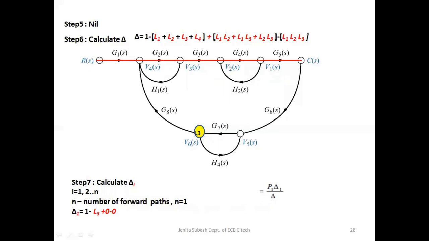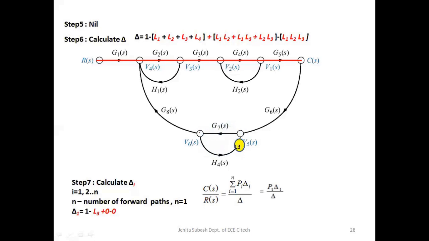Then finally, we have to calculate delta i. As we have only one forward path, in this case n is equal to 1, and subjected to the first forward path starting from input node R of s towards output node C of s, which is highlighted in red color, having a gain of G1 of s, G2 of s, G3 of s, G4 of s and G5 of s, we have to find out which loop is not touching the first forward path. It is very clear that loop L3 is not touching the first forward path. Hence, delta 1 will be equal to 1 minus L3,